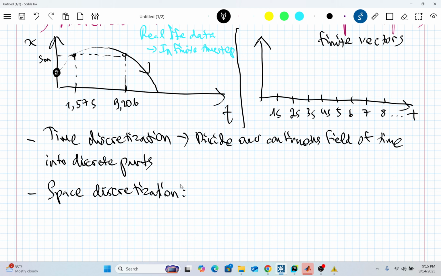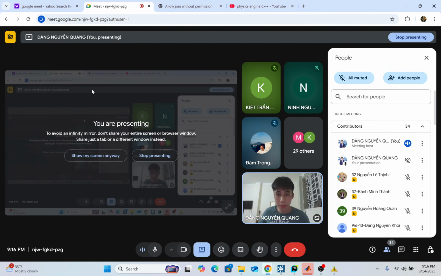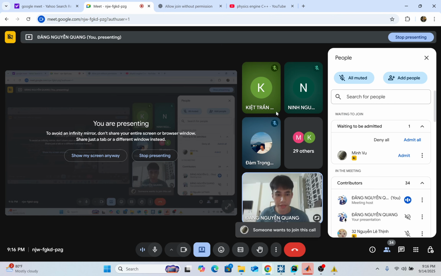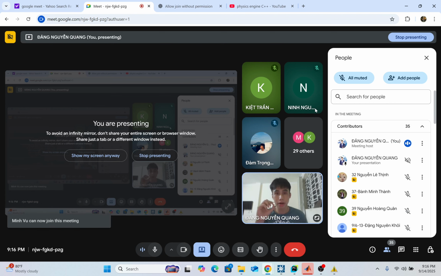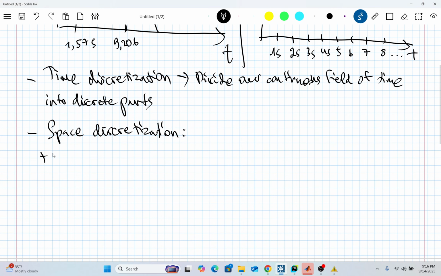Because if a computer cannot store an infinite number of time steps, of course it cannot have an interface to show an infinite number of points in space, right? The limit of a computer is pixels, right? On this computer, I can see a lot of colors, I can see a lot of images, but actually they are discretized into pixels. Okay, basic concept, we can think of pixels.